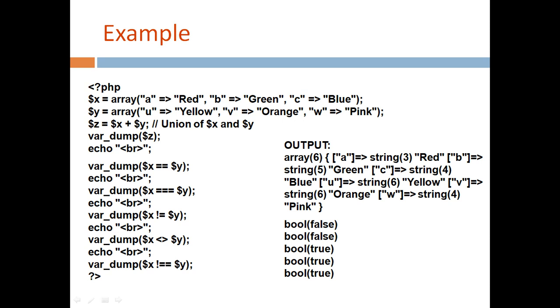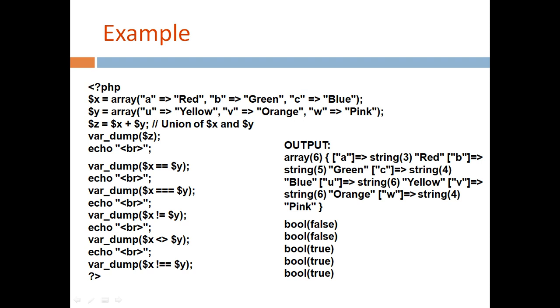So here we have two different arrays, x and y, two different arrays. First we are applying the union operator. When you apply the union operator and try to display the value, all this will be displayed. See a, and that string is consisting of 3, that is the character count is 3. Similarly for the next one, b, it is for green, 5. c, blue is 4. So all that are displayed along with the second array. Both are added together and as a single array we got the output.